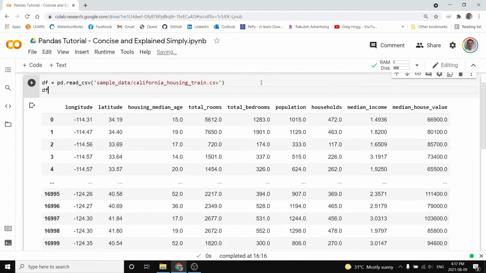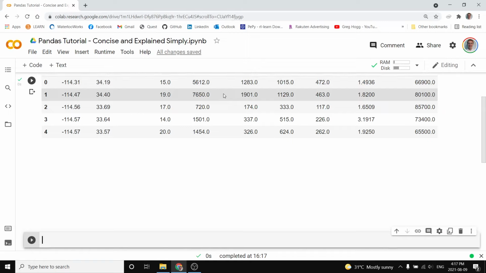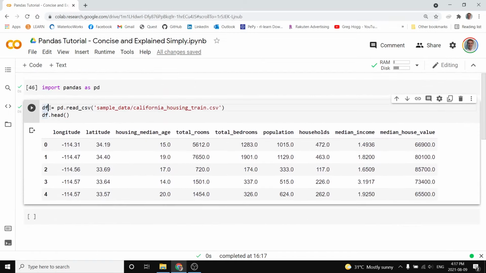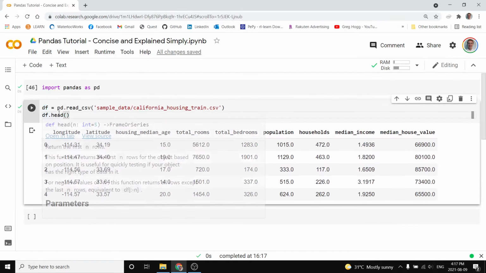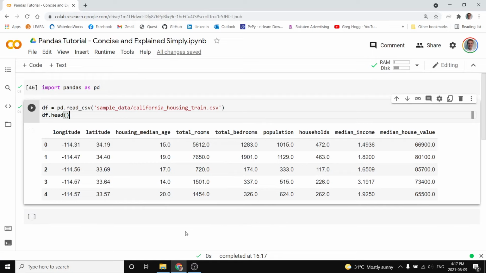If I call df.head instead, what that does is show the first 5 results. The whole data set is stored in df, except we're only going to display the top 5 because it hurts our eyes less that way. Now what this data set actually represents is a bunch of information on housing in California. Each row is one particular region of California, and it has some latitude and longitude, which is its location, of all the houses that are in this location, the total number of rooms, the total number of bedrooms, the population,